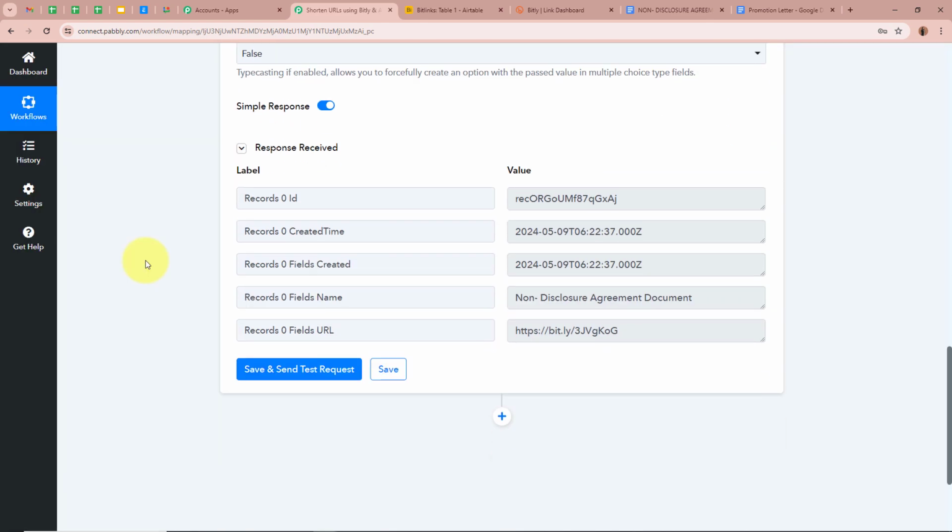As you can see, after clicking on save and send test request, a response is received. For the URL field in the response, it says that the link is successfully updated in place of the shortened link. Okay, so now, as the response is received, I'm going to open my Airtable and check whether the long URL is updated into a shorter URL or